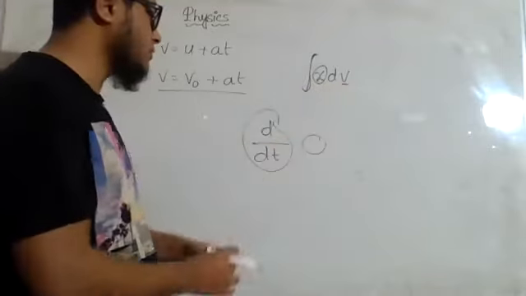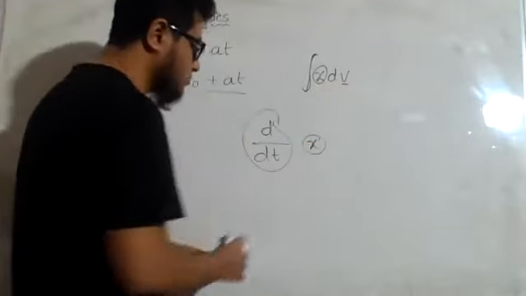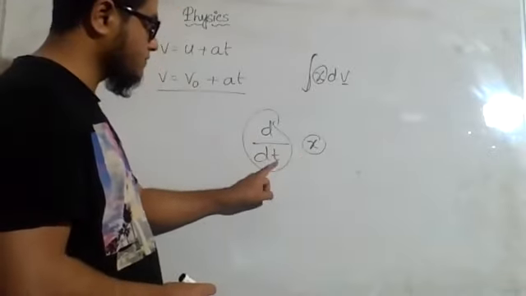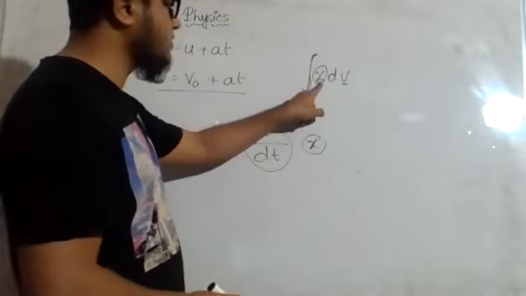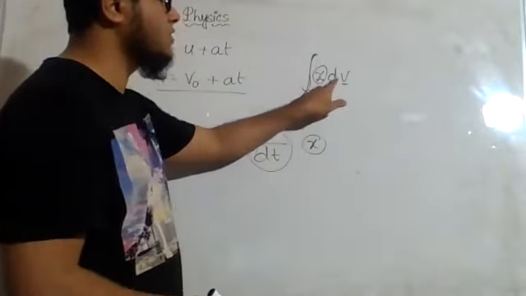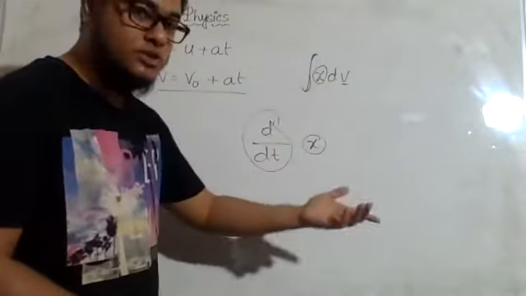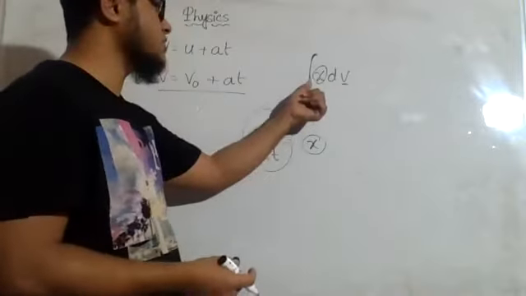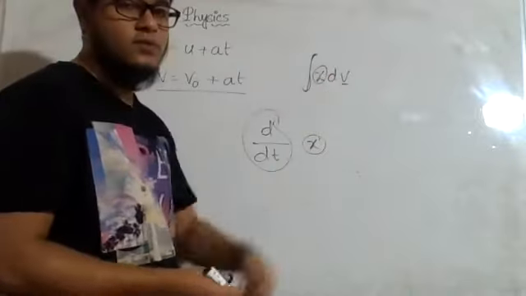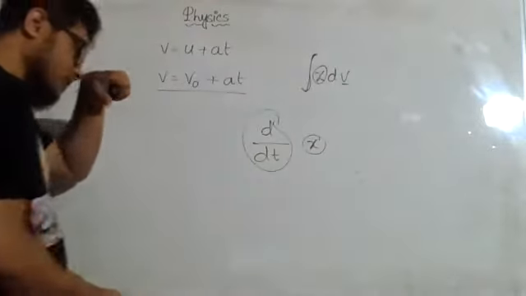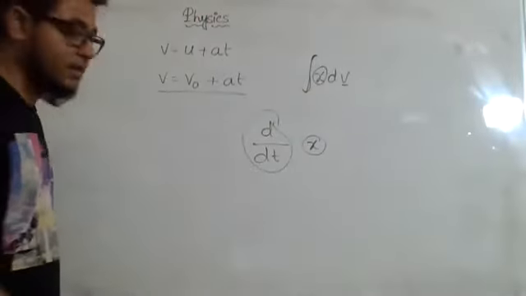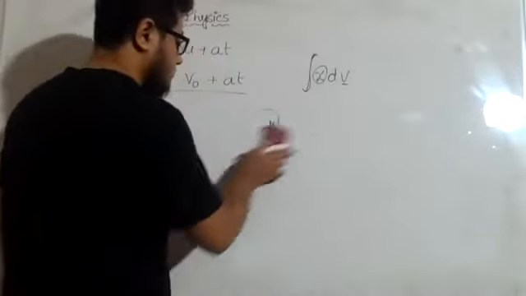See here how we used to read this one: differentiation of x with respect to t. Here, differentiation of x with respect to v. So after d, whatever is there is the one with respect to which we work, and whatever is before d is what we are integrating. So integration of x with respect to v. Clear? So for this we actually know a formula, which I showed a little while ago, but now